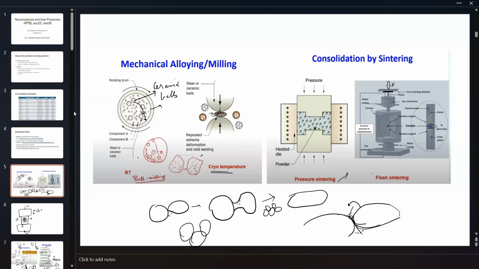Let's choose the mouse, please. So here we have a rotating drum in which we have